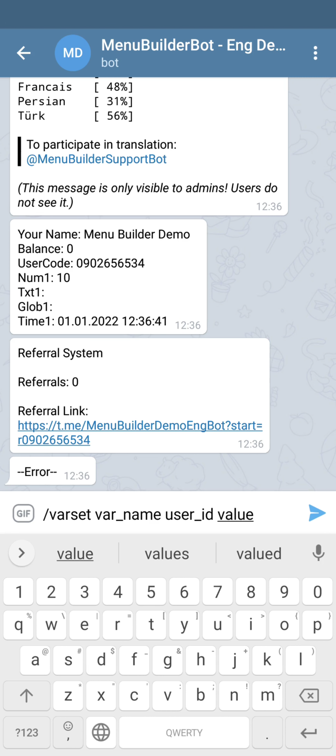As we said before, we're gonna change the value of the txt1 variable so we can get rid of the error in the last message. First parameter is var_name, which in our case is gonna be txt1. So we placed the name of our variable into the command. Now we have to set the user ID. For this we're going to copy our user code, the one we already showed in the message. After we copy it, we're going to replace the template's value.